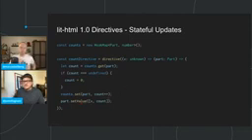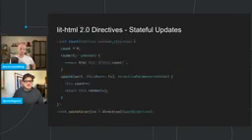A lot of our built-in directives had this pattern. It wasn't so bad if you're used to it, but it's definitely not as declarative or obvious as we would like. So in Lit 2.0, this becomes a class, and Lit creates the instance of the class for you